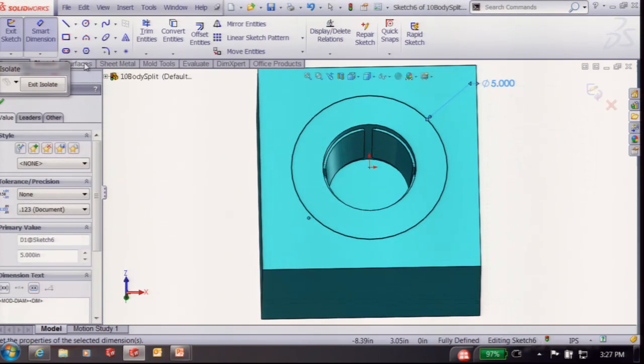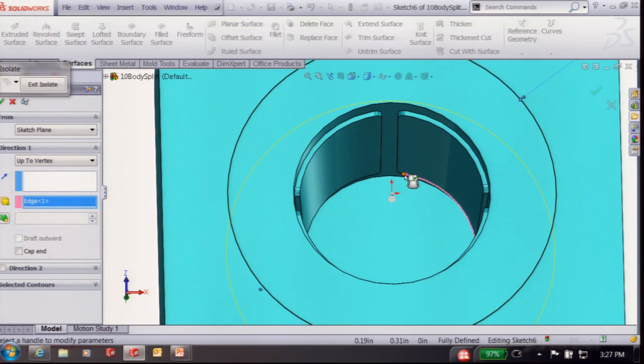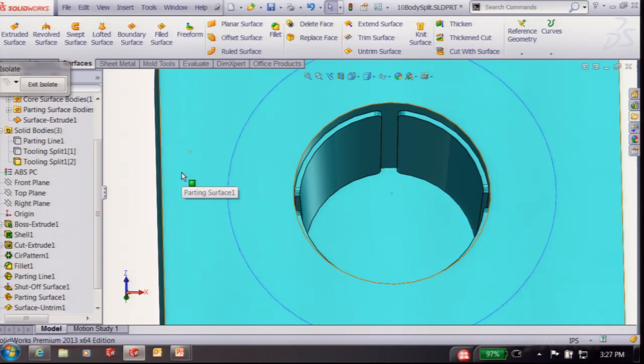There we go. I'll bring that out there, and I'll just use this surface extrude, and I'll extrude up to just a point right there, and I'll put a draft on it of like 10 degrees. And a tool right here is called cap end. What that does is you extrude it a certain distance, and it caps the end in one surface. And so with that, I have a cone with a cap on it that I can then use to my